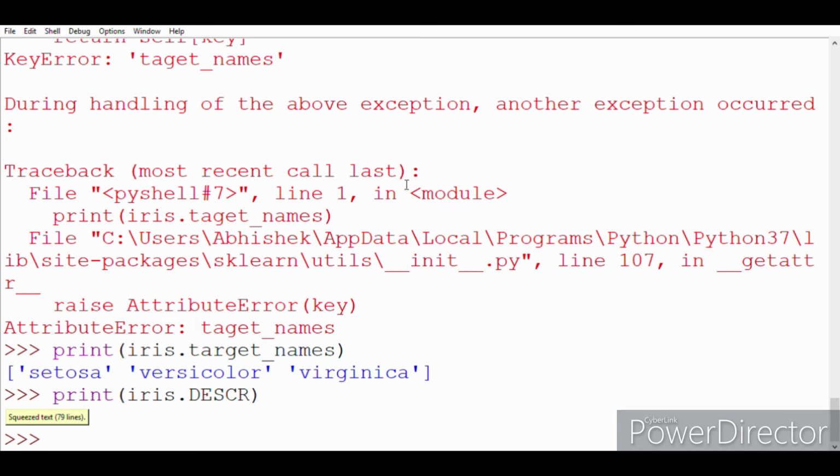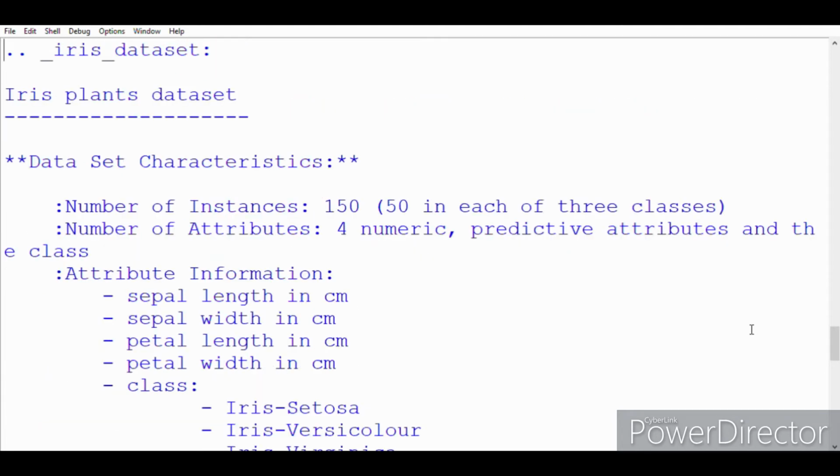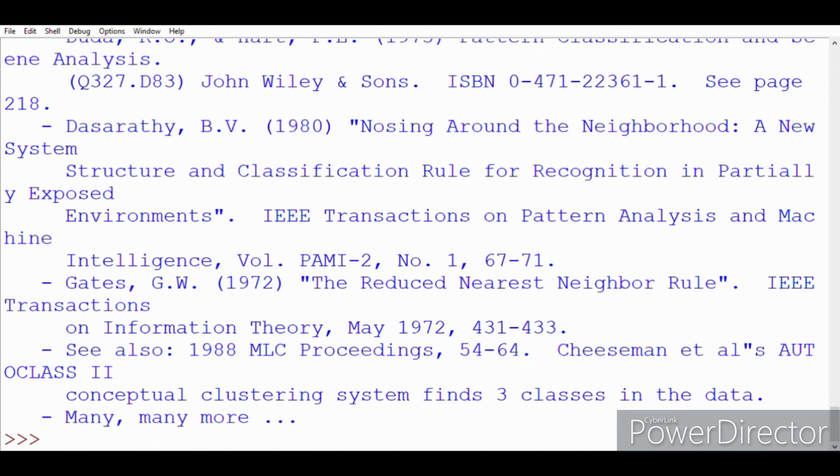Okay, let's double click to expand this squeezed text. As you can see, everything has been specified over here. For example, number of instances are 150, 50 in each of three classes. Number of attributes are 4, which we had already seen earlier. And these attribute informations are sepal length, sepal width, and so on. The classes are also specified over here. So in the DESCR attribute, you can also find who's the author, at what time was this data set released,